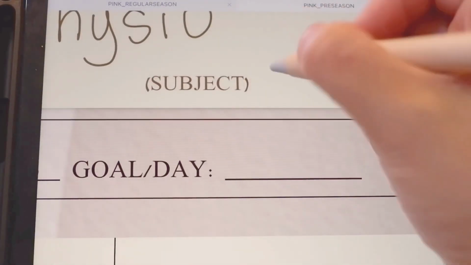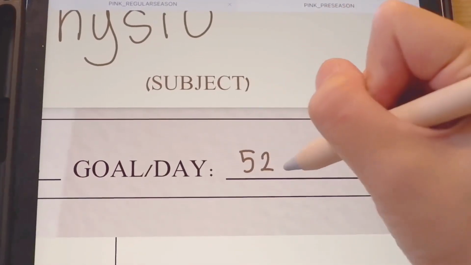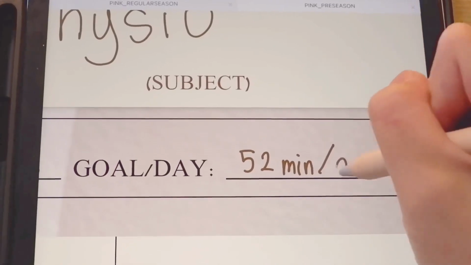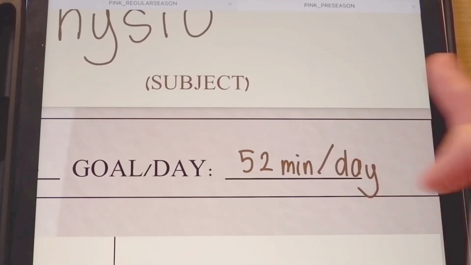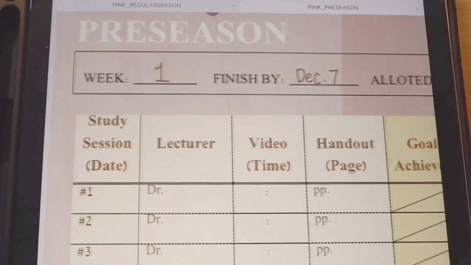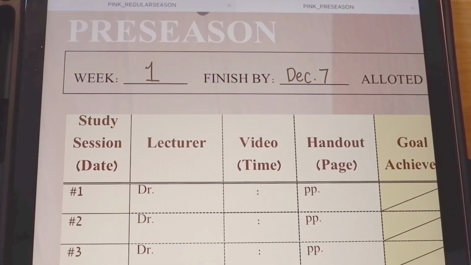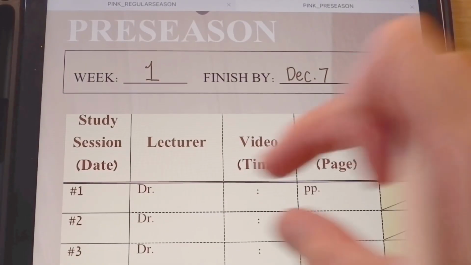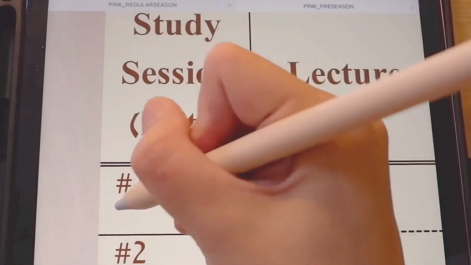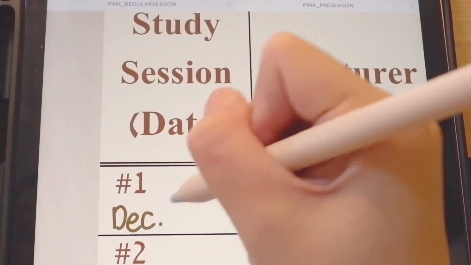So, okay, let's just round it up. Kailangan maka at least 52 minutes per day. Okay, so sample lang yun. And then, here, study session. Okay, let's imagine that you'll start on December 1. Sample lang to guys. So, December 1,